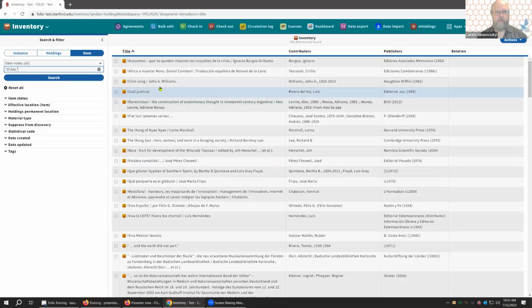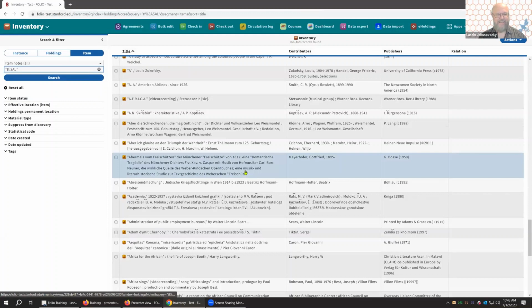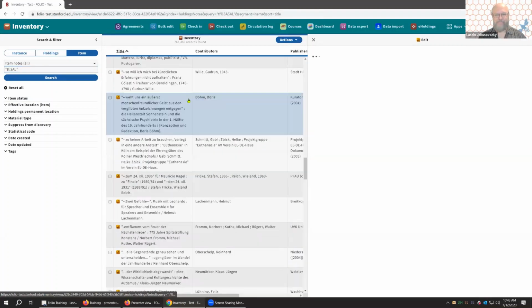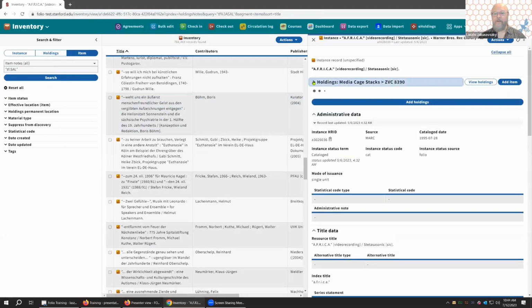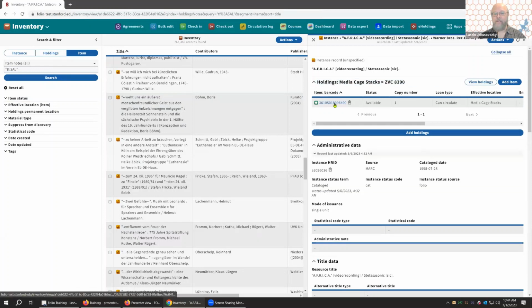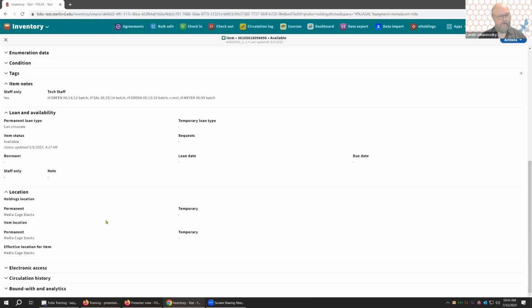So, oh, wow, look at these. 766,000 and change of records that were transferred from SAL. Let's pick one. Now, you're not going to find this at the instance level or even at the holding level. You have to go and look under the item itself. And then as you scroll down, you'll see this item notes. Boom. So here's that old